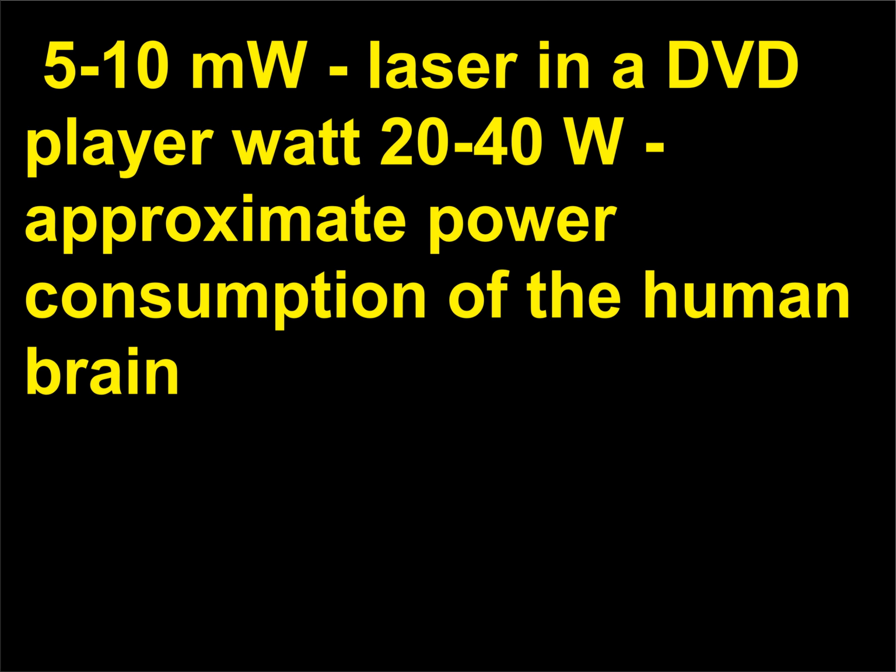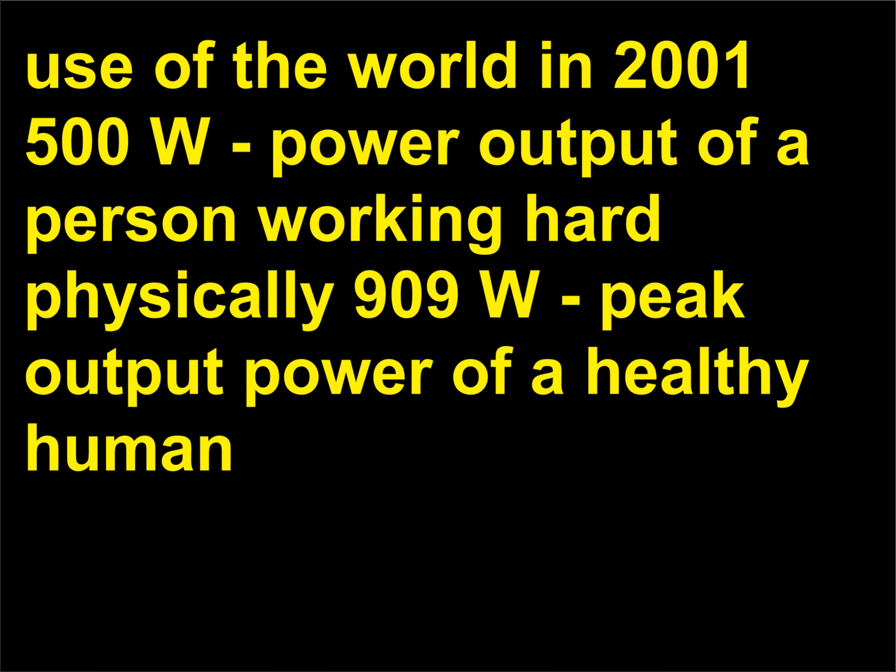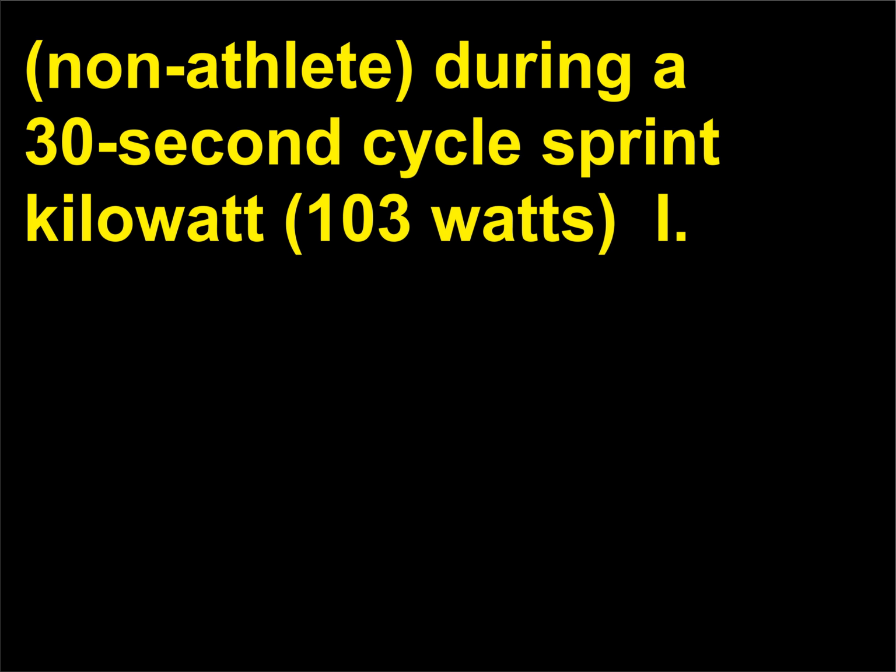5 to 10 milliwatts, laser in a DVD player. Watt, 20 to 40 W, approximate power consumption of the human brain. 70 to 100 W, approximate basal metabolic rate used by the human body. 500 W, power output of a person working hard physically. 909 W, peak output power of a healthy human non-athlete during a 30-second cycle sprint. Kilowatt, 10^3 watts,